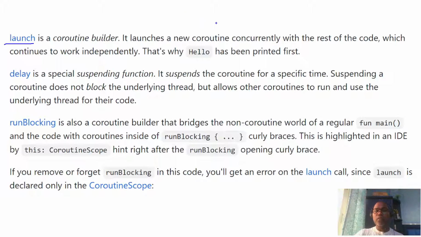It launches a new coroutine concurrently with the rest of your code, which continues to work independently. That's why our main function first prints hello, so the rest of the code is executed concurrently. So launch is your coroutine builder, which launches a new coroutine that runs concurrently with the rest of your code.